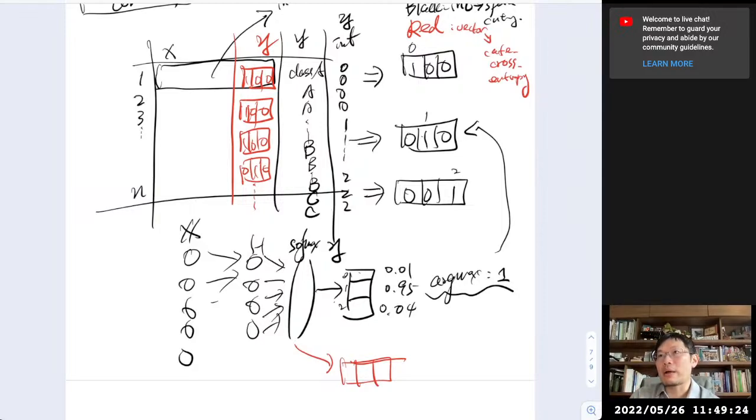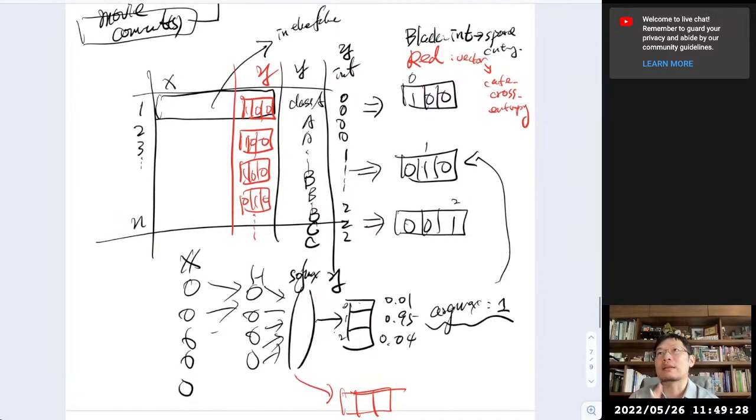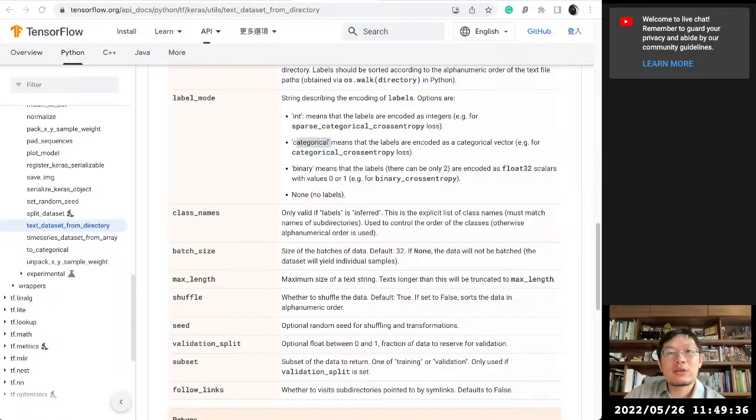In red ones you use categorical cross entropy. In black ones you use sparse categorical cross entropy. They are a little bit different, and they are all mentioned right here. So make sure you read all those things before you create your own